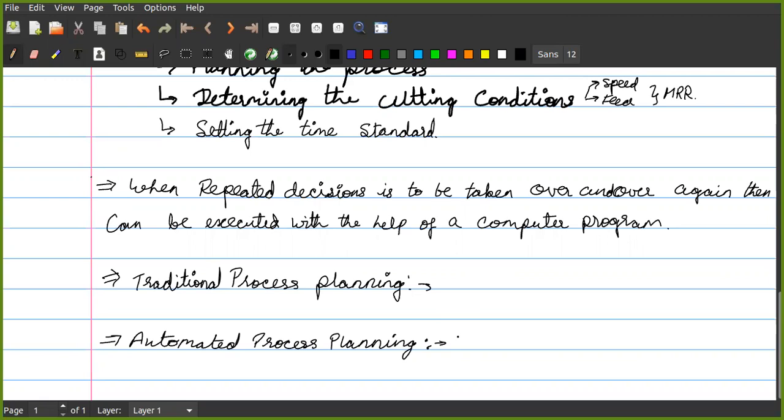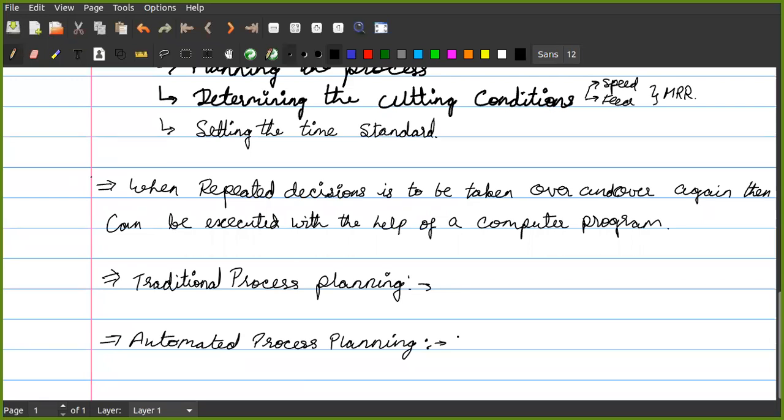Then this computer program will identify the sequence of operations for that particular product, depending upon its functions also. There can be different functions. For example, if you want to create a ball, that cannot be created with the help of a single component. It needs to be created in two parts and then assembled together. You cannot create a hollow sphere, so to create it you need to convert it into two different parts, which can then be joined together. So this is to be identified.